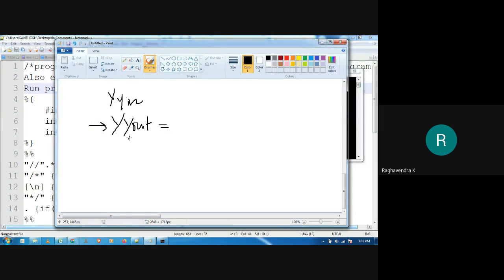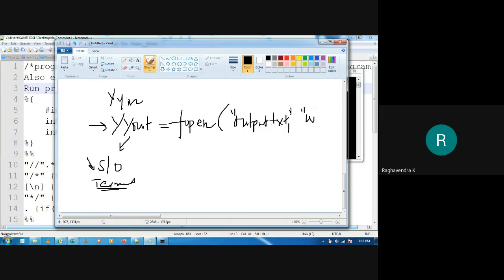Right now YY_out is associated with standard output, which is nothing but your terminal. If you don't want your Lexer's output to be standard output, then we can redirect it to a file by using the fopen function once again. You are now opening a file called output.txt, into which you are supposed to write your output, and you are opening that in write mode, correct?